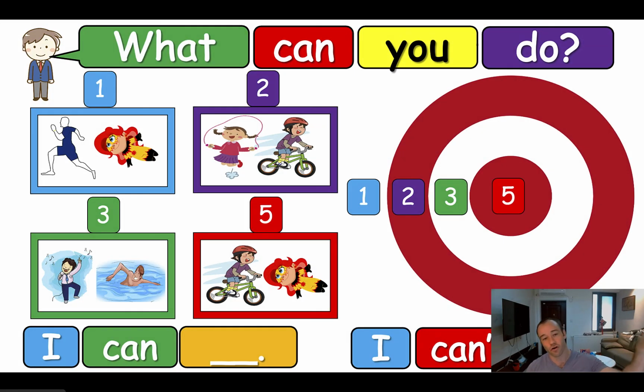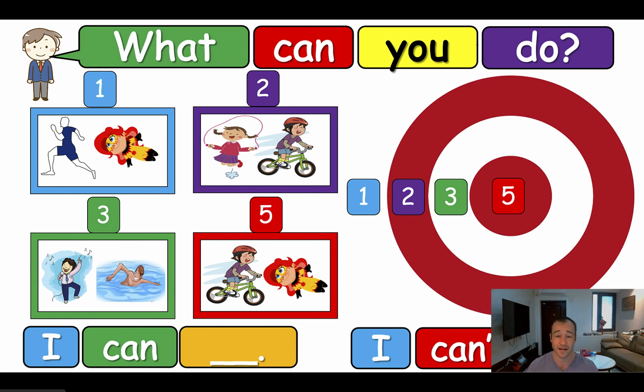In this case, you'd have to draw a little bullseye on the board, and you have to have a sticky ball, okay? And it's very easy, they walk up, you have a little line, they throw the sticky ball at the target, and if they hit the 5, they need to say the sentence using the vocab in the middle, okay? So here they throw it, they hit a 5, they have to say I can ride a bike, I can't fly. They throw and hit a 3, they say the vocabulary corresponding with the 3, and 2, and 1,